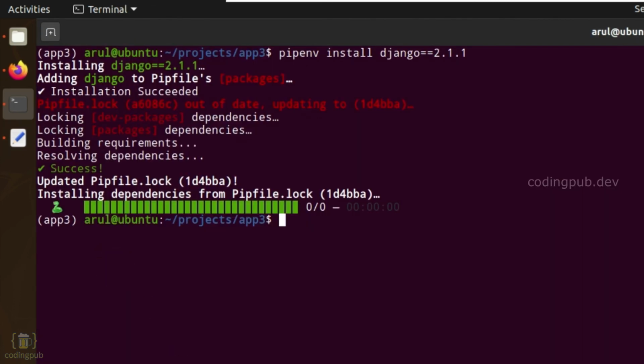If you want to use any packages only in your development environment and you don't want them in your production server or in your staging server, you can use the option --dev to do that.